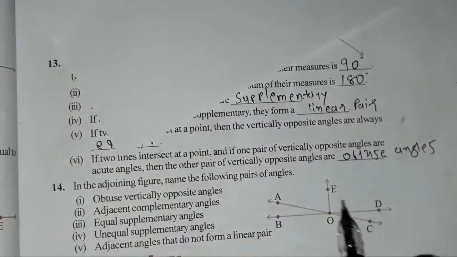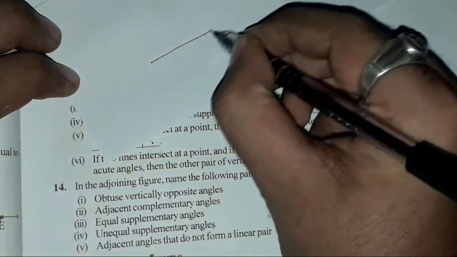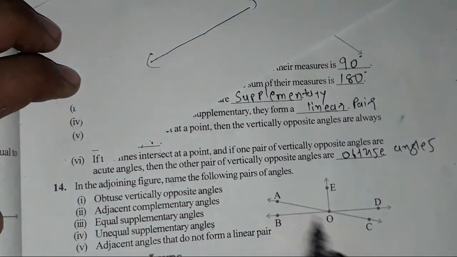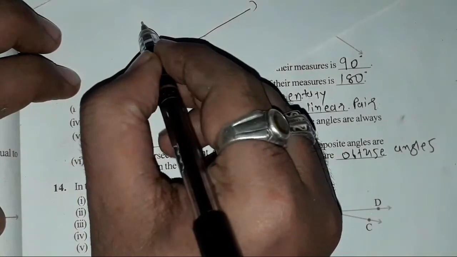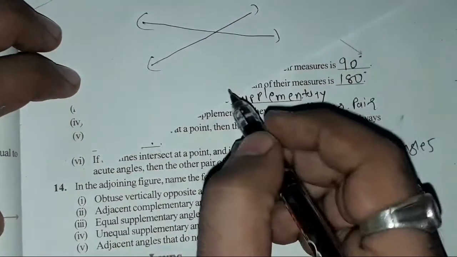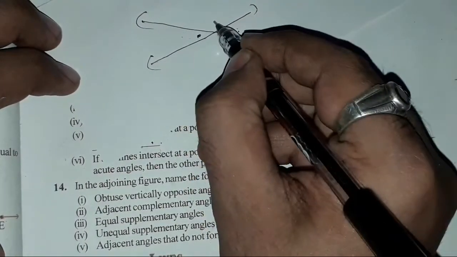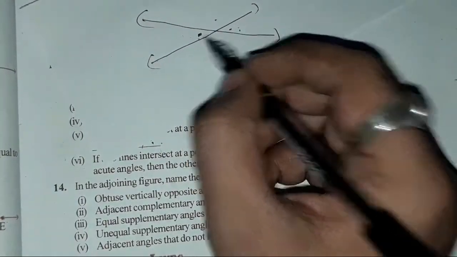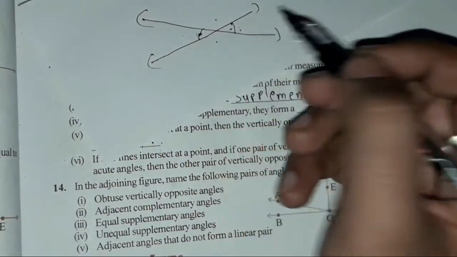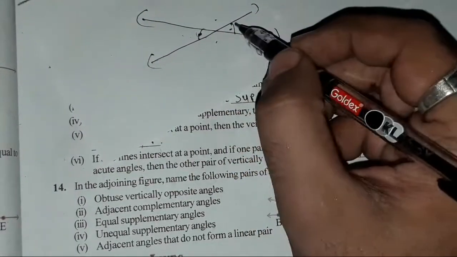Here I can see clearly, first a straight line is there. If I draw the first straight line here, then an intersecting line is there. When two lines intersect each other, vertically opposite angles are formed. Here two pairs of angles are formed, this one and this one, and another is this one. Now these dotted angles are very small. These angles are not more than 90 degrees, so these angles are acute angles, because clearly here we can see.